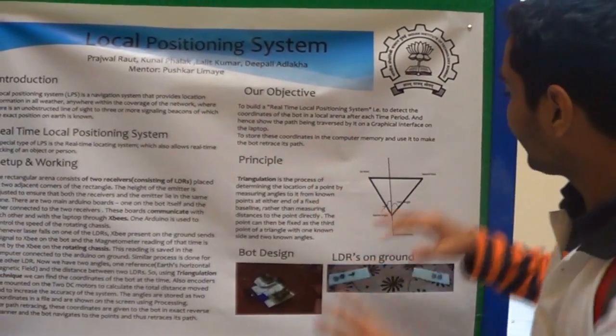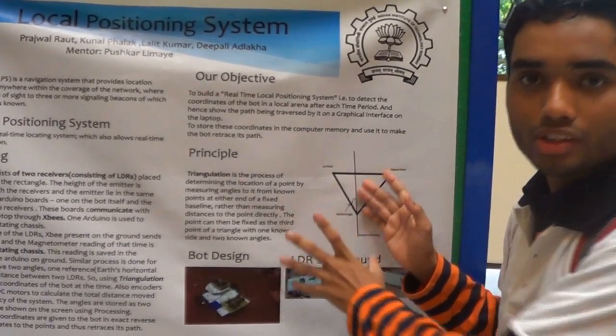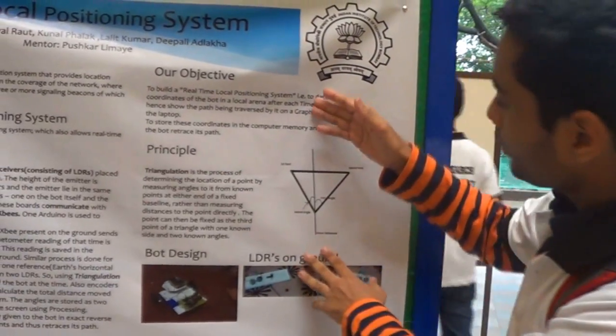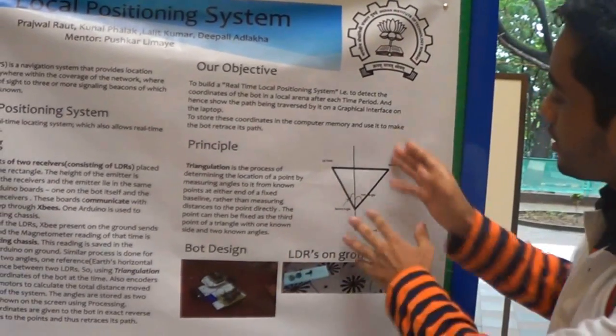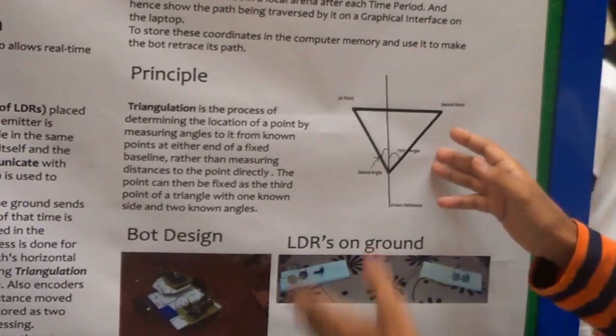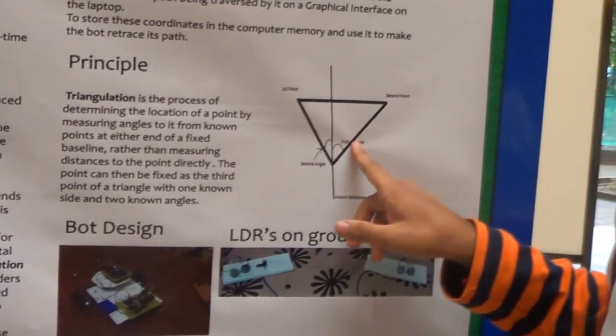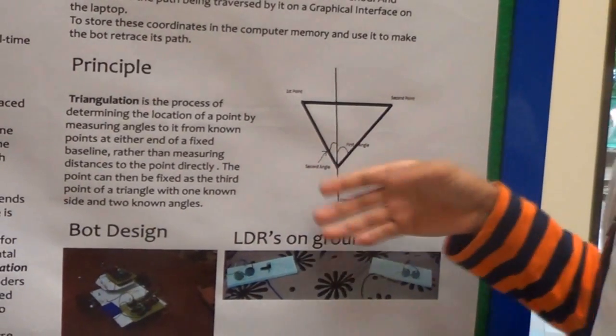What we have done is we have created a new coordinate system using real-time parameters. So we have a known reference, which is the Earth's horizontal magnetic field, and we have a magnetometer which gives the angle of 2 fixed points which we know, and using these angles we are finding the coordinates of every point